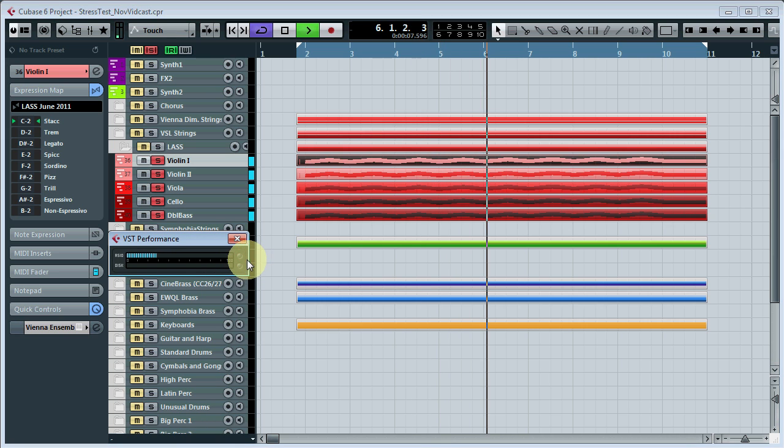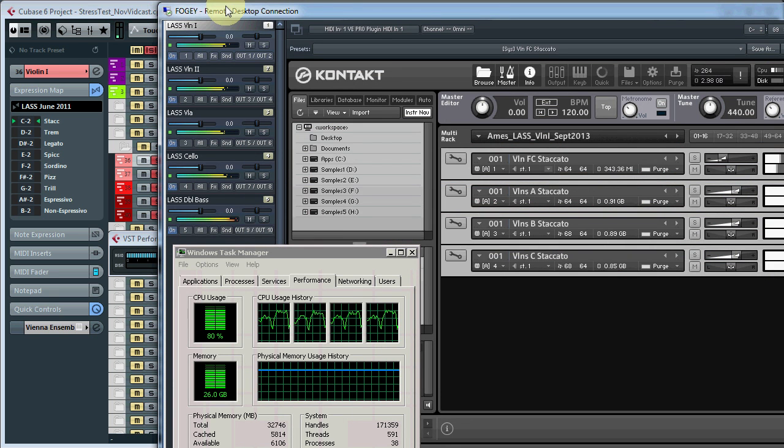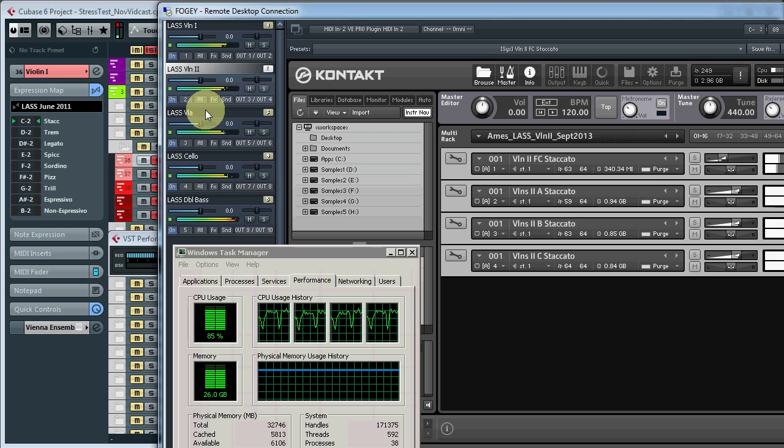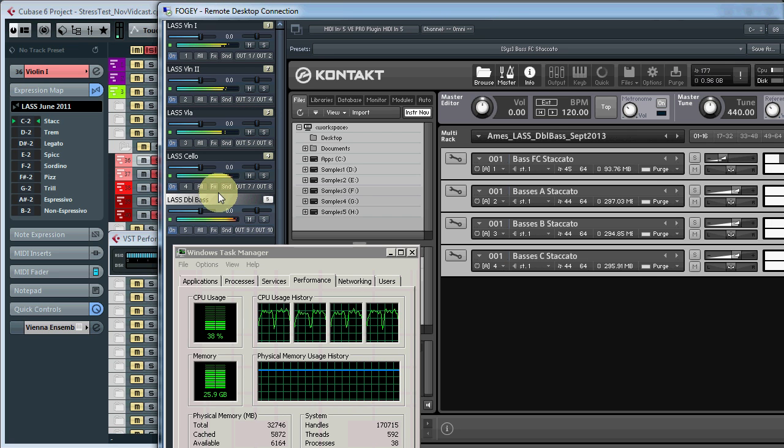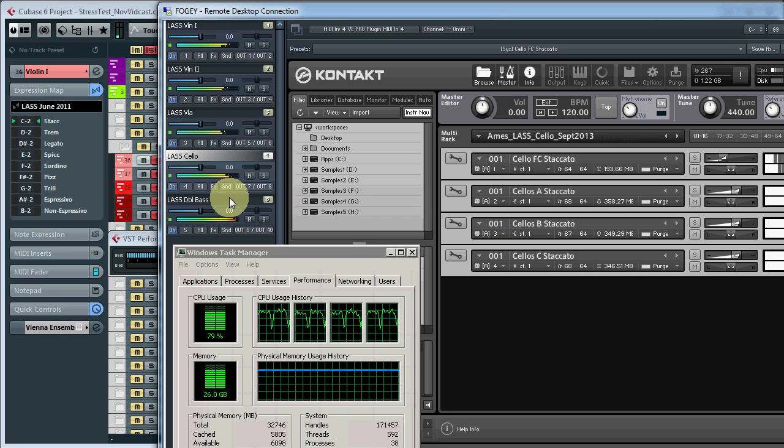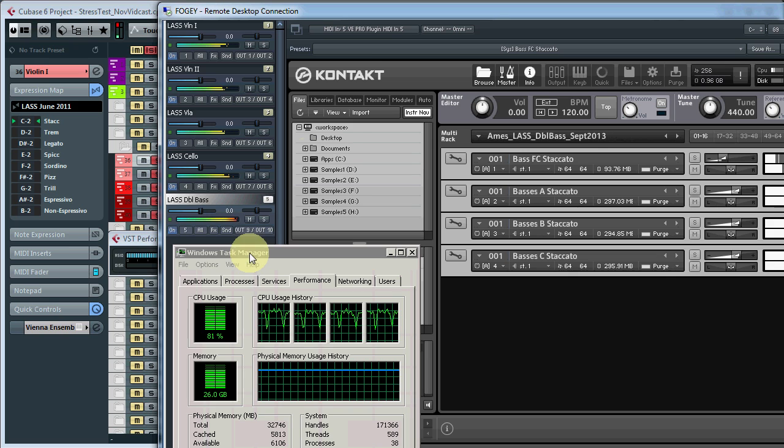Now we're starting to pick up some pops. And you can see the VST performance meter is signaling that it's getting overloaded. So let's go back into the slave machine here and take a look. So again, I've got 250, 260 coming out of the first track, around 250 coming out of the second one, similar sorts of numbers for all of them. So that's saying that somewhere between 1,000 and 1,250 is where this slave starts to break down for the Kontakt